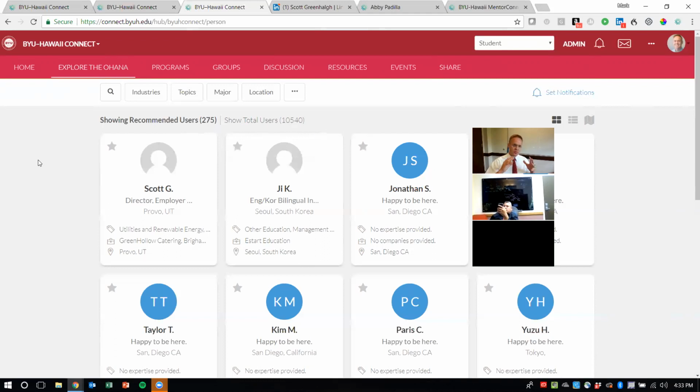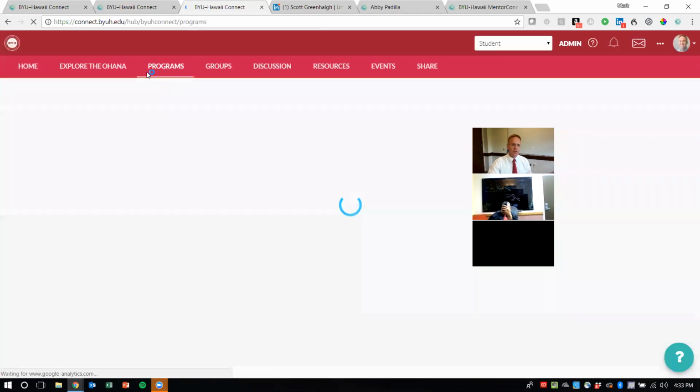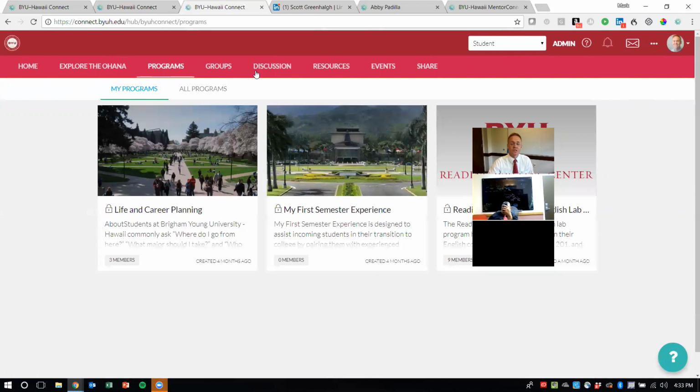Long-term, deep or profound kind of boundary spanning, or I guess long-term guidance. That's the next one, and that shows up here on programs. Across the tabs, you'll notice that students don't see the jobs tab that alumni saw. And you'll notice this programs tab wasn't there for alumni, not yet. We're going to turn it on for alumni shortly, but presently we have it turned on just for students. What a program is within BYU-H Connect is a long-term structured mentorship, not just a one-off meeting, but a long-term structured mentorship that's designed to accomplish a certain specific purpose.